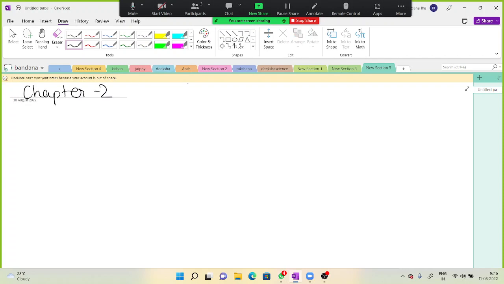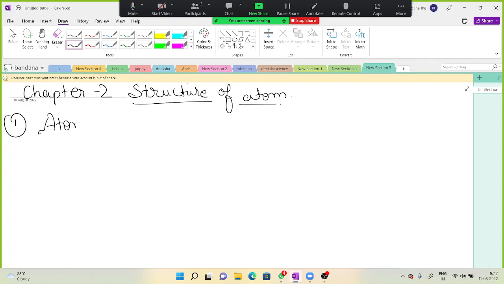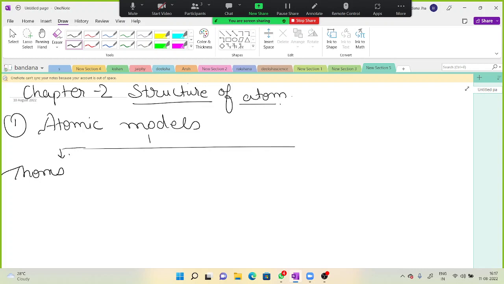Chapter 2, Structure of Atom. Okay. So first of all, we are talking about the atomic models. In the atomic models, we first have the Thomson model of atom,